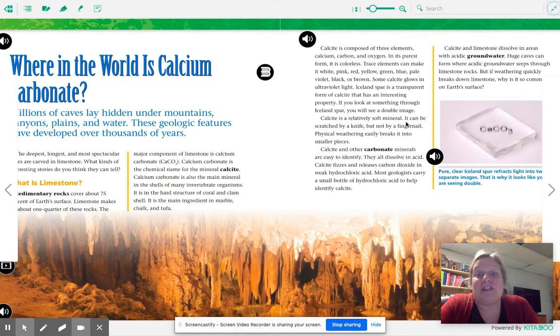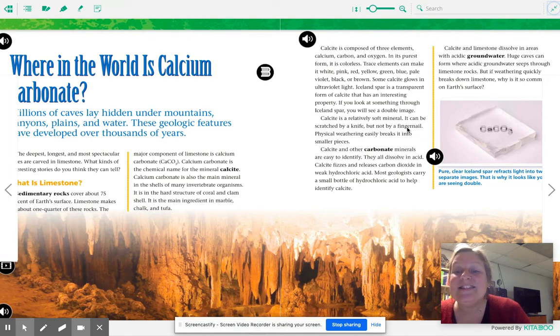It can be scratched by a knife, but not a fingernail. So a knife, but not a fingernail. You can't scratch it with a fingernail. Physical weathering easily breaks it into smaller pieces. So physical weathering could break it down. It is definitely weatherable. Calcite and other carbonate minerals, because they have carbon and oxygen, CO3, are easy to identify